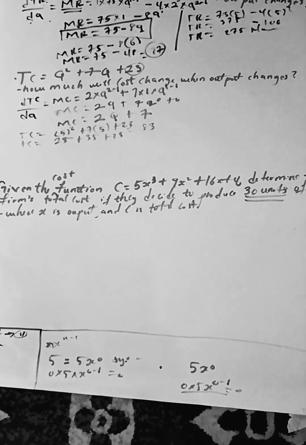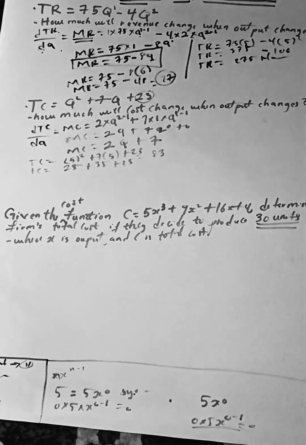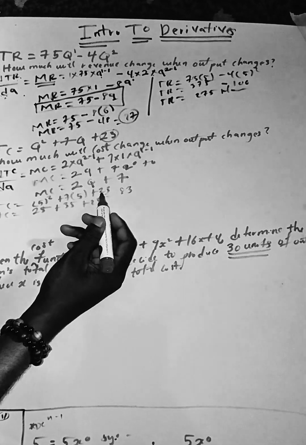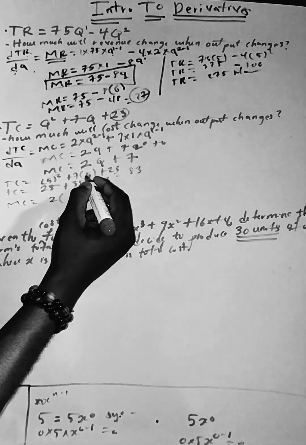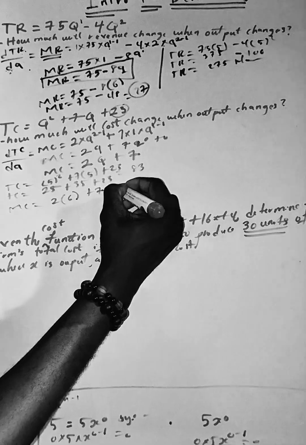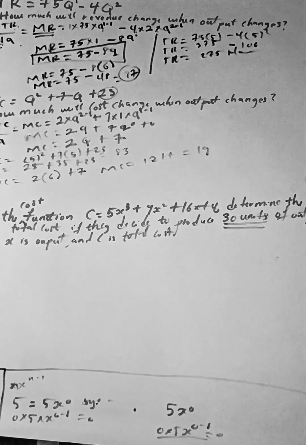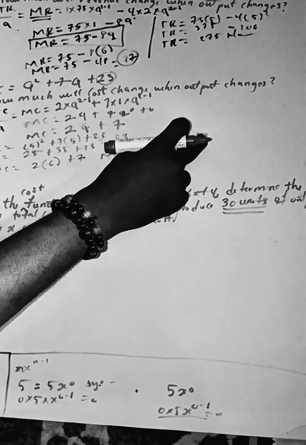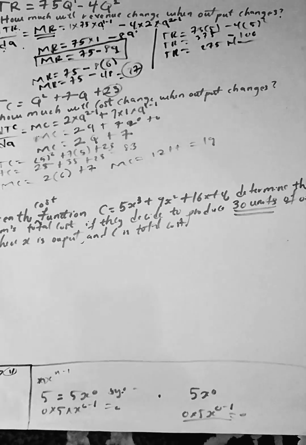So let's say the firm decides to expand production from 5 to 6 units of output. How much will their cost increase? Very simple. Since we have our marginal cost function to be 2q plus 7, we can plug in our values to see the extra cost that the firm will incur. So our MC is just going to be 2 times 6, since they are expanding from 5 to 6, plus 7. So 2 times 6 is 12 plus 7, that's 19. So if this firm expands production from 5 to 6 units of output, they will incur an extra cost of 19 naira, meaning at production of 6 units, their total cost will be 83 plus 19, and that's just going to be